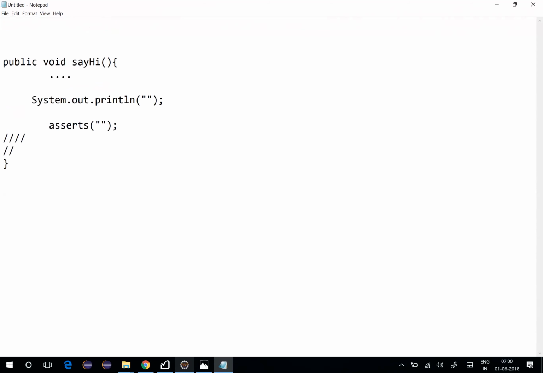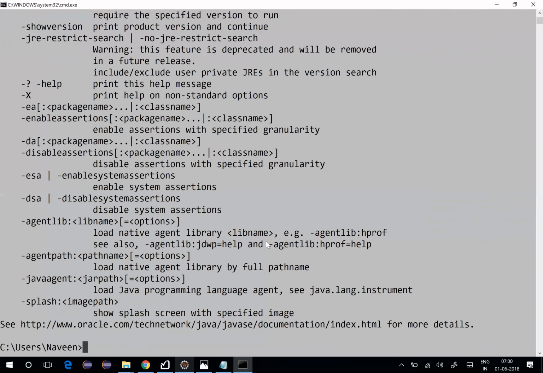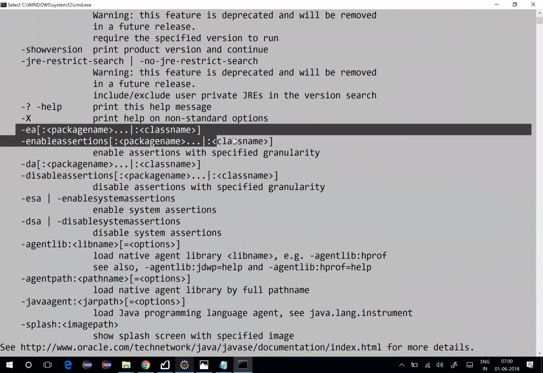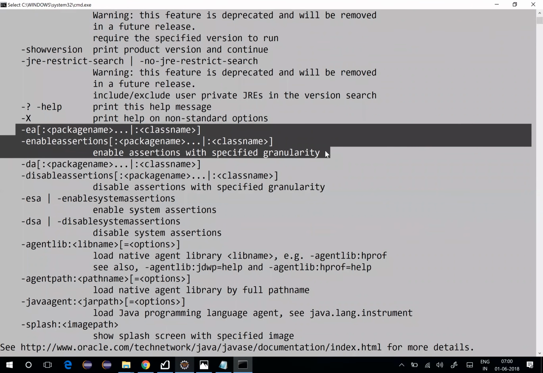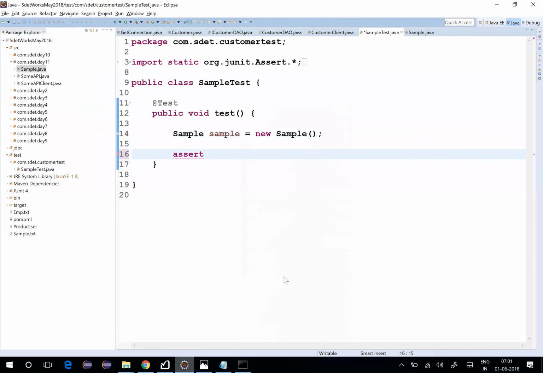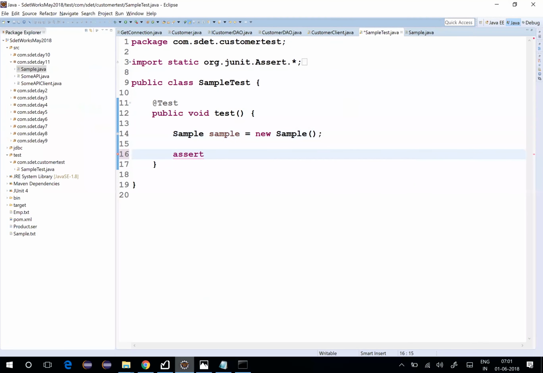Just to give you a glimpse of it, let me go back to the command prompt and invoke Java. Somewhere here, you will see something called EA. EA, or enable assertions, is something people will use. I don't know how many of you have cautiously looked at this when we were trying to execute the program. So here, when I right click and say run as configurations, if you remember the command line argument program which we did on exceptions,